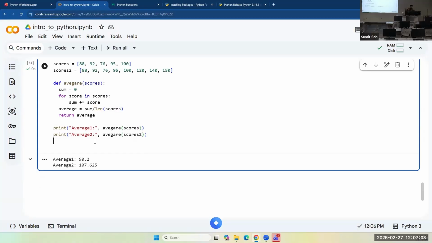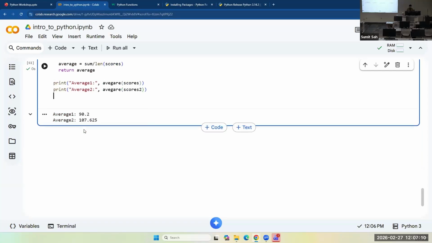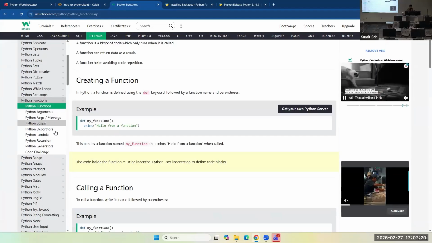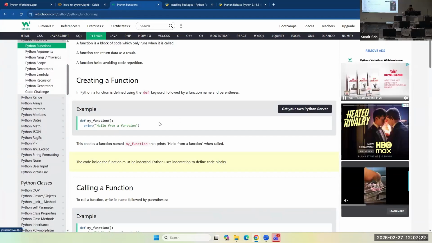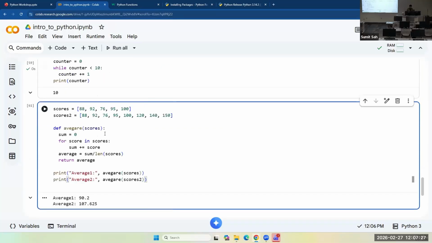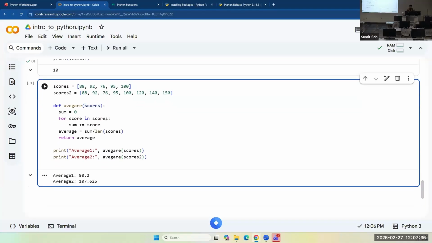You have all the functions and classes defined, and you just import those libraries and use those functions to find any statistics. So this was very basic, again, very basic about functions in Python. You can follow these tutorials to dive more into functions. You could pass as many arguments as possible. Here we are passing only scores as an argument in this particular function.